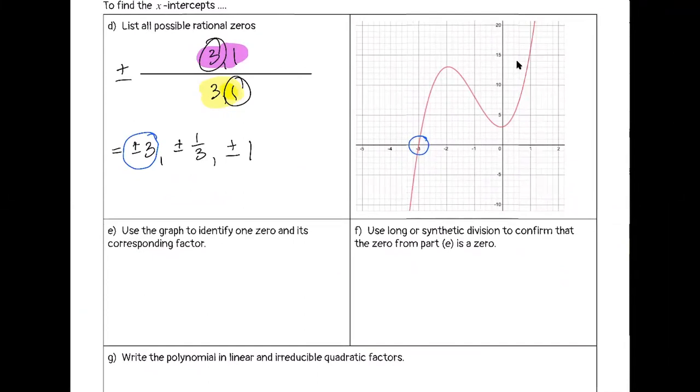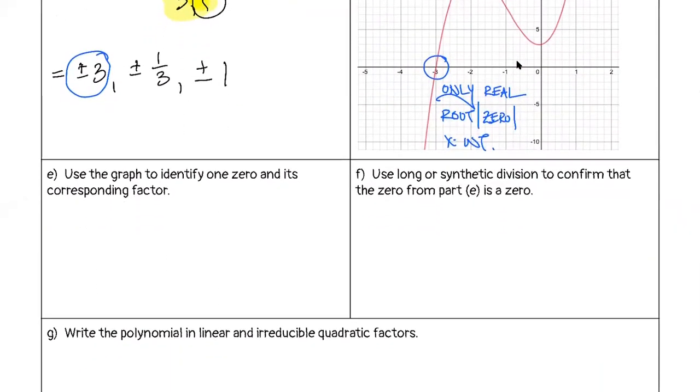This is the only real root, or 0, or x-intercept. Remember, all 3 of those words mean the same thing. So for part E, the only thing we want to say is x equals -3